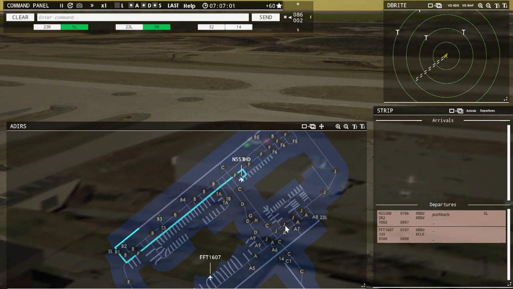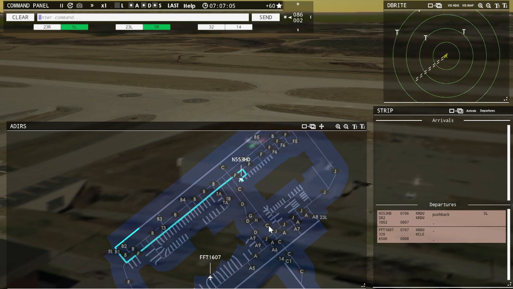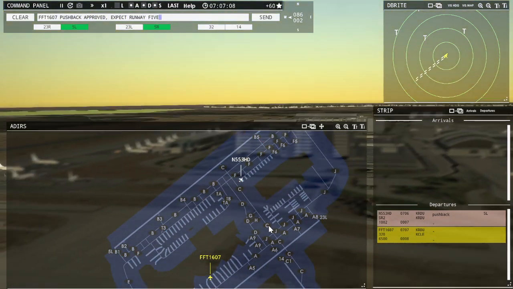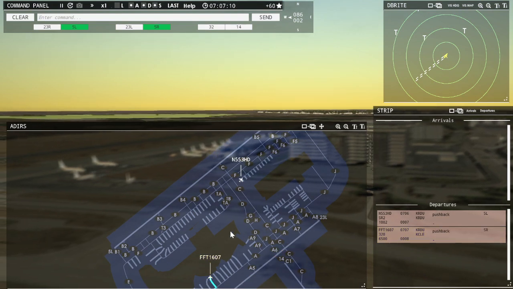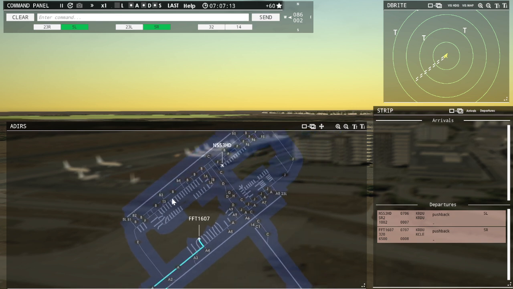Tower, Frontier Flight 1607 requesting push and start. All right. Frontier Flight 1607, pushback approved. Expect runway 5 right. Ground, 5 right pushback approved, Frontier Flight 1607. So we killed about 4 minutes with the...